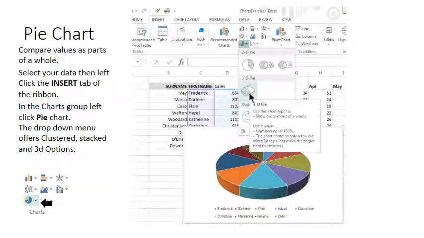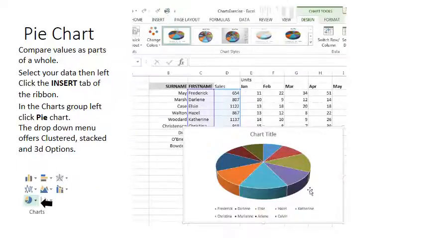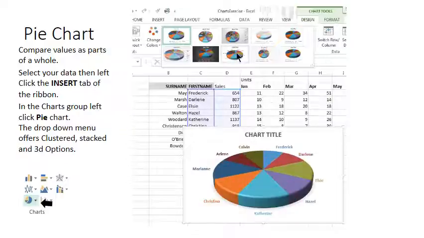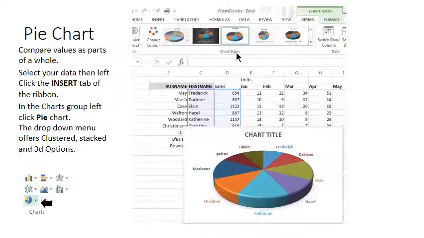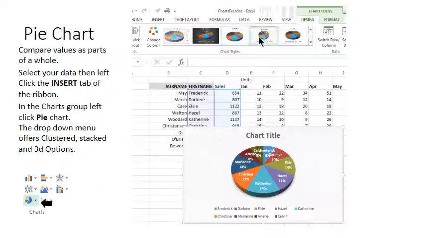Let's just have a quick look at those 3D options, and again from the chart styles menu we can see a nice visual presentation. I'd like one with the percentages on it for preference. There we go. Now if you click on the pie segments,